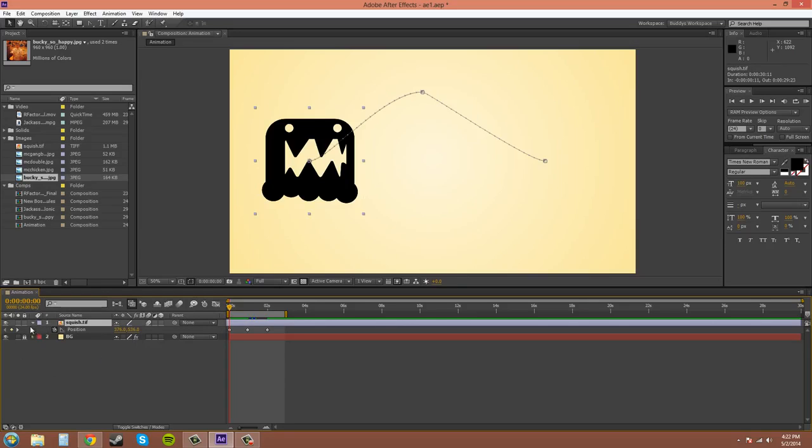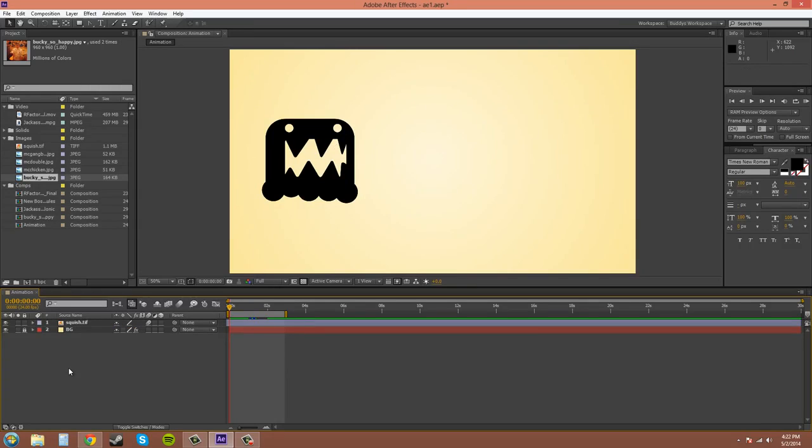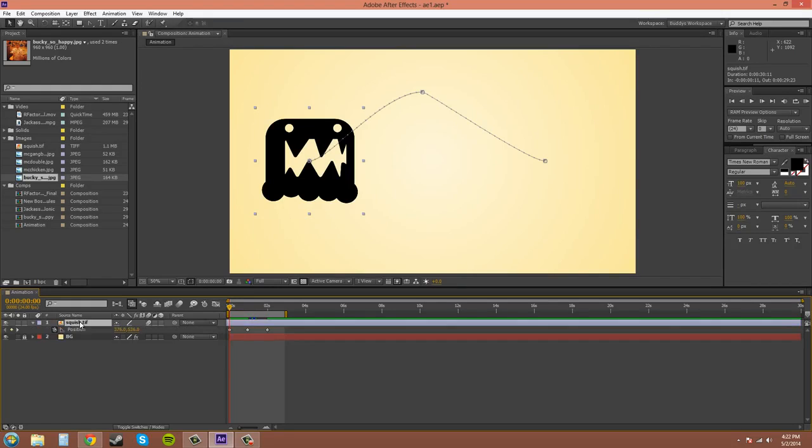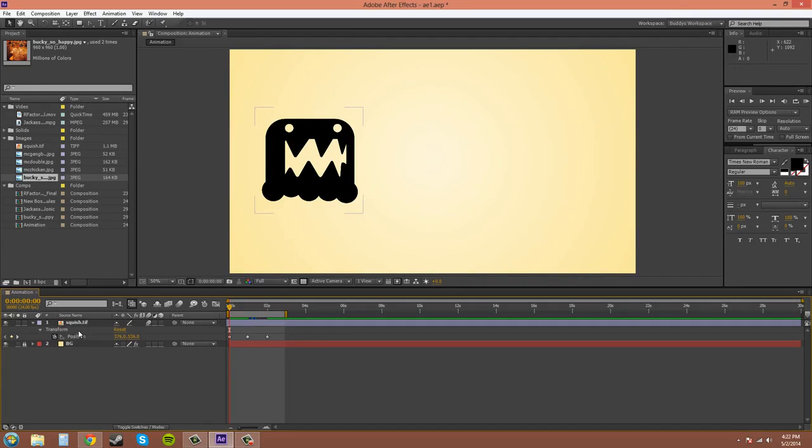also, if you have this twirled down and you need to find all your keyframes, if you hit U, it will show all your animated values. If you hit U twice in succession, really quick, it'll show all the changed values. So if I change,